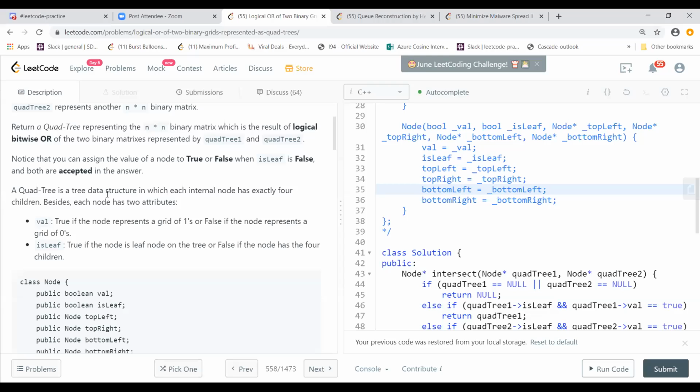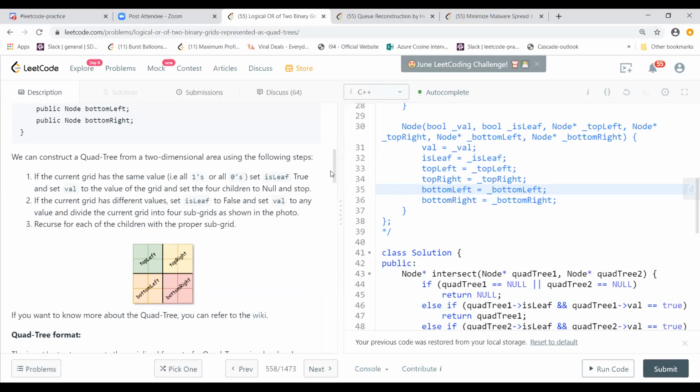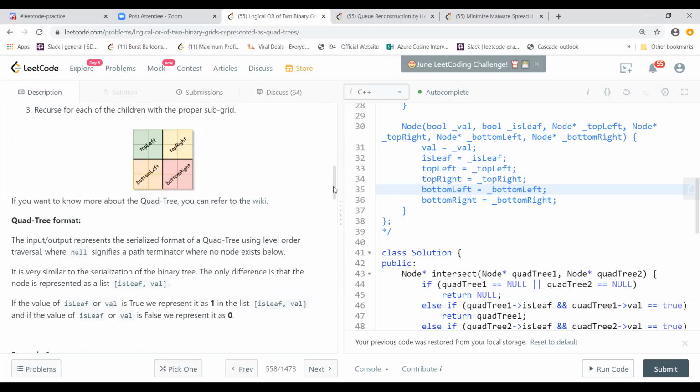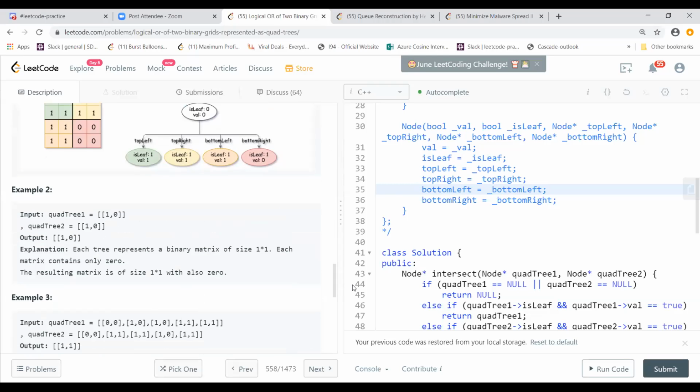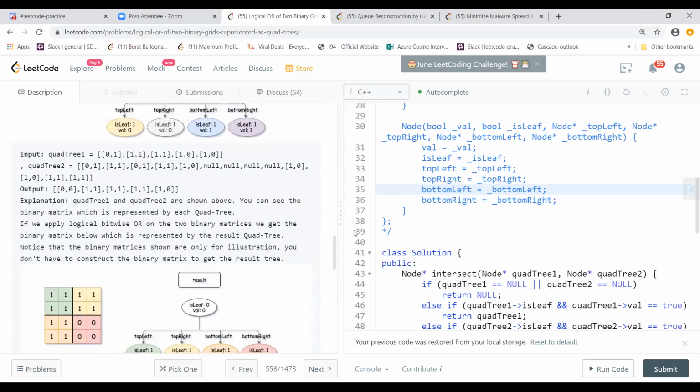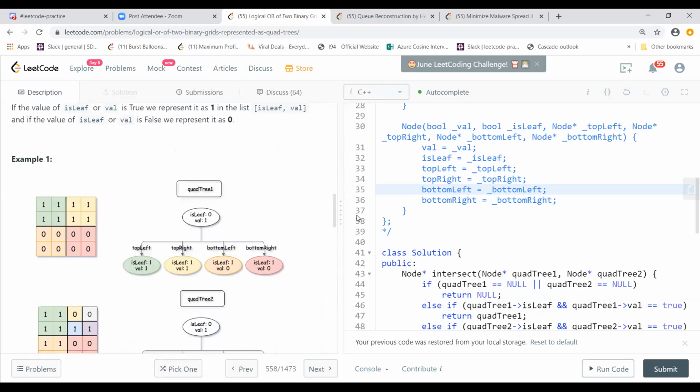A quad tree is a tree data structure in which each internal node has four children, same as what I described. This is what the construction is. There are a lot of details in it.